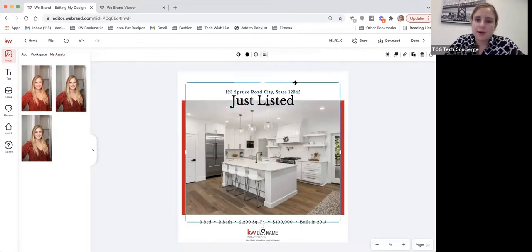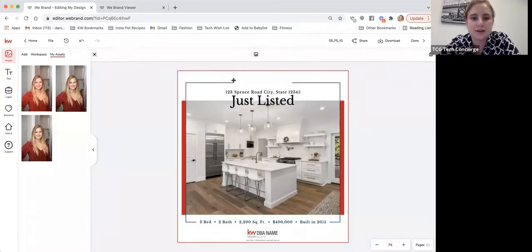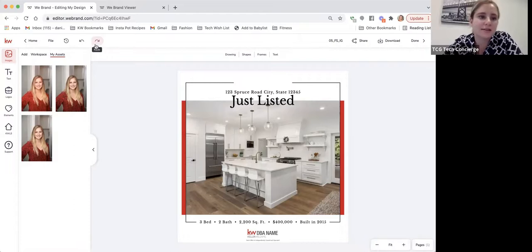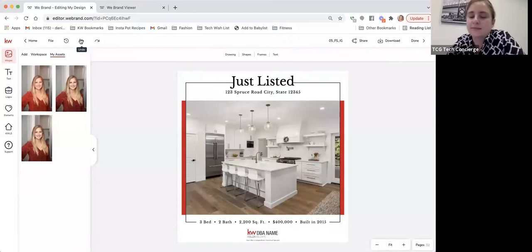So occasionally you might run into something like this, but you might need to make some adjustments. Let's see, I can't actually figure out how to get rid of that without just deleting it altogether. You can use these undo and redo buttons also if you make a change and you decide, oops, I want to go back to what I had. Well, this isn't so bad. I don't want it to be connected to that border, but it is, so